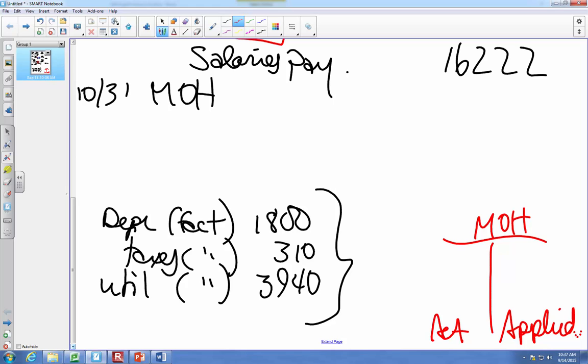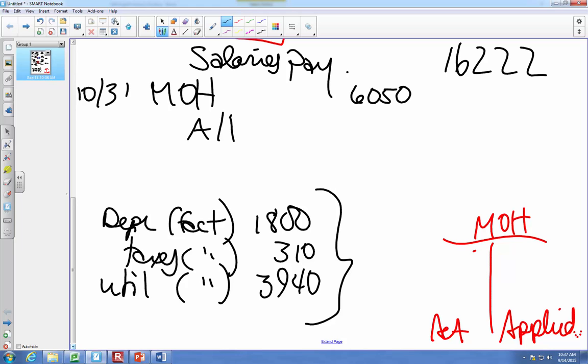And so far in here we have two things, right? Indirect materials and indirect labor on the actual side. Now we're adding another $6,050, because that's what these guys total to. What are my credits to? Accounts payable and accumulated